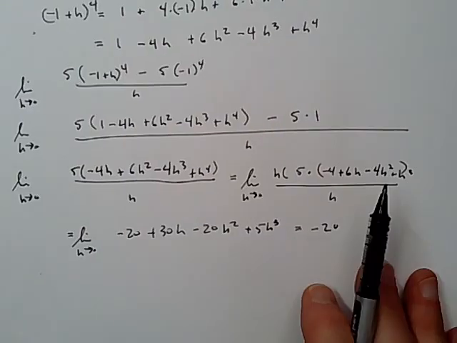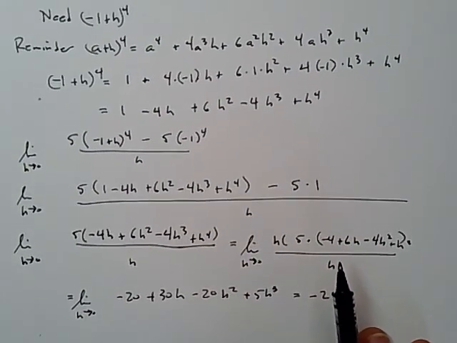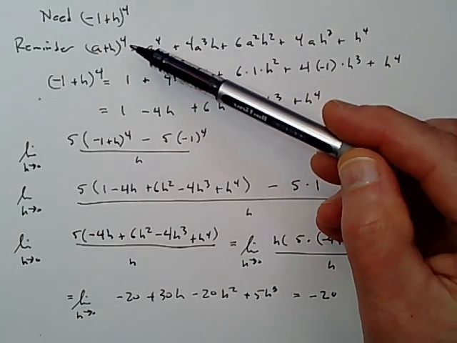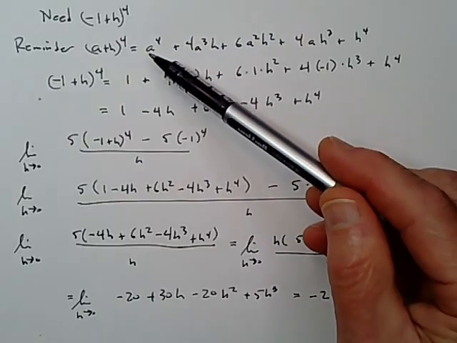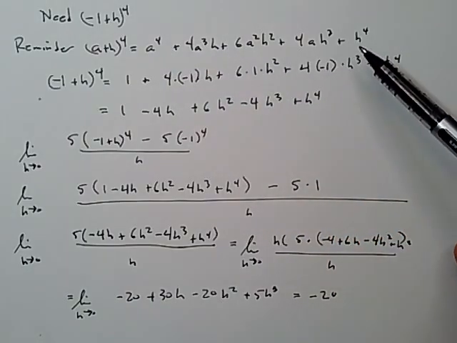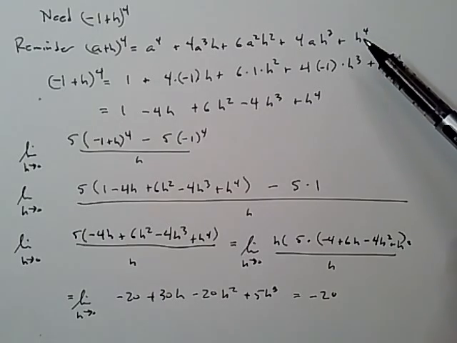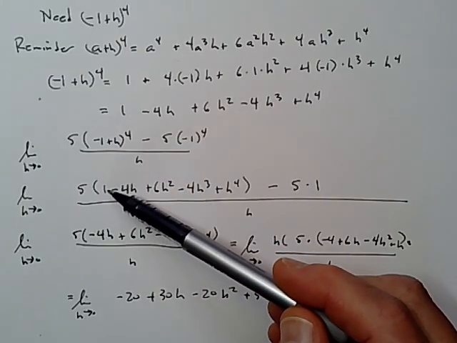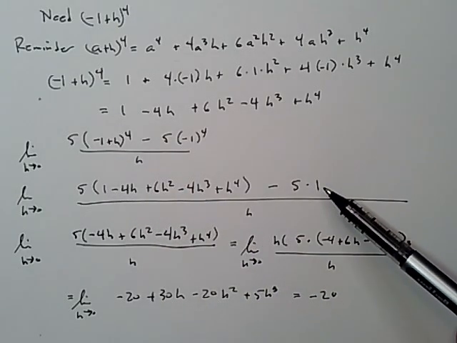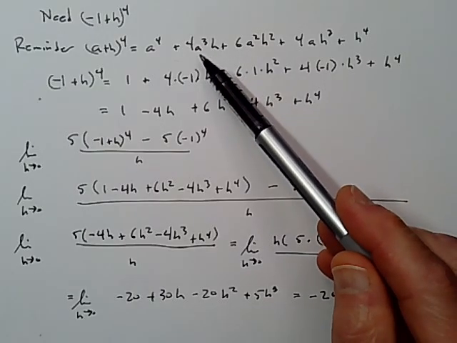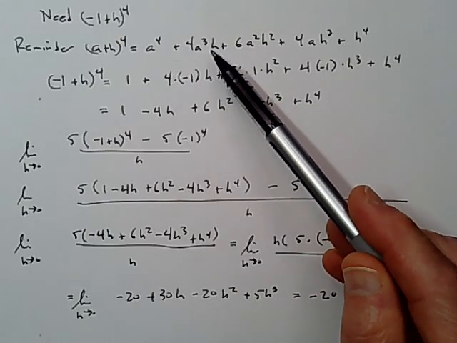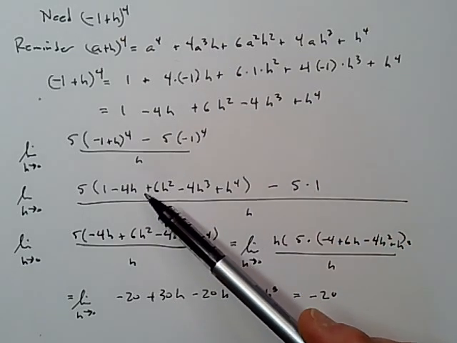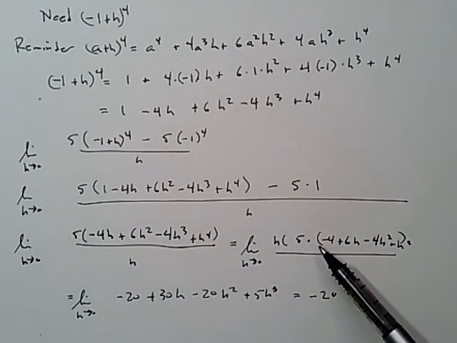Okay? Okay, and so taking it back to the beginning here, I'm reminding a person what happens when you expand a binomial to some power, and the answer is you get these expansions here. It so happens that the one that matters, remember the 1 here and the 1 here will end up canceling, is this one here: 4 times a cubed times h. What do I mean by matters? What I mean is that there's the 4, there's the 4, there's the 4,